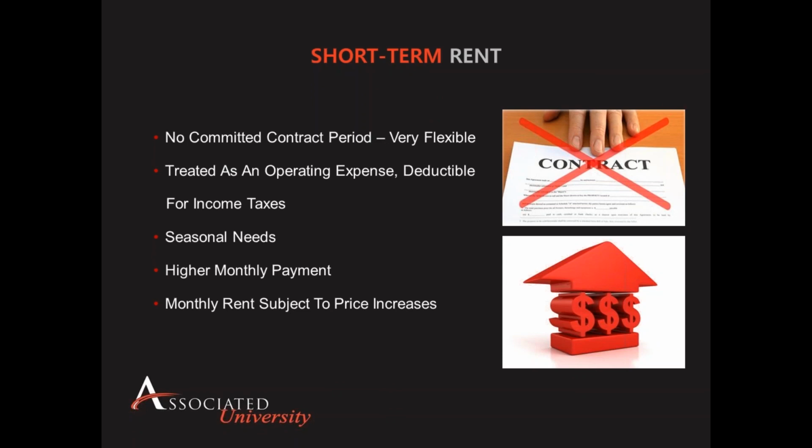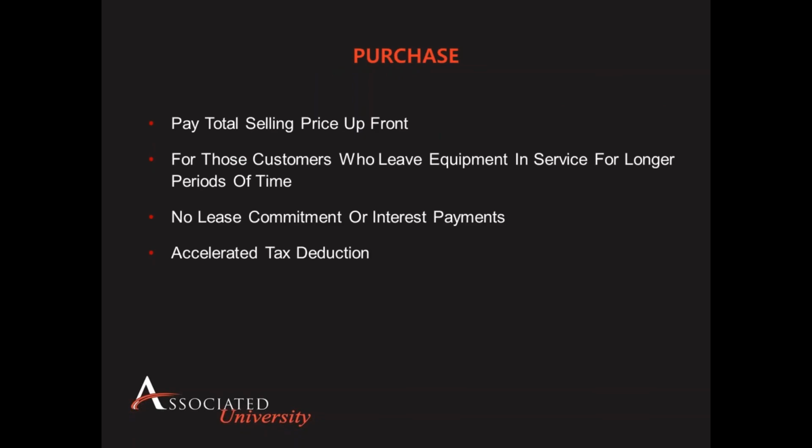An outright purchase is typical in a company where a lift truck replacement strategy has not been established and lift truck equipment is acquired as a need comes up. We see this in warehouse applications where customers are extending the equipment life expectancy beyond normal conditions due to lower utilization. When purchasing equipment outright, there is no obligation to a contract and no interest payments are made to a